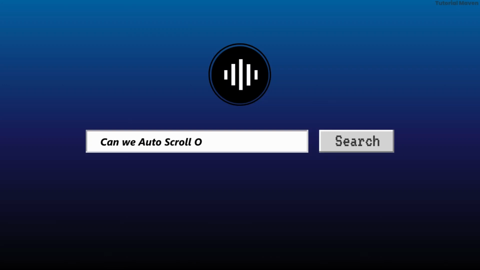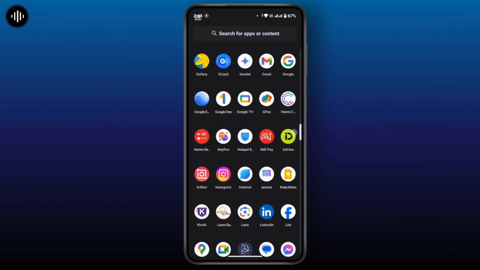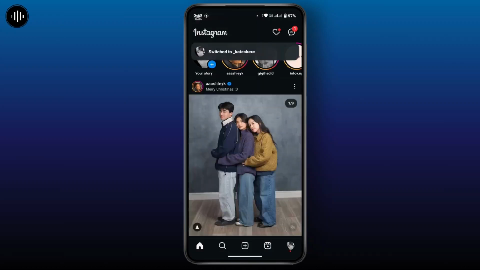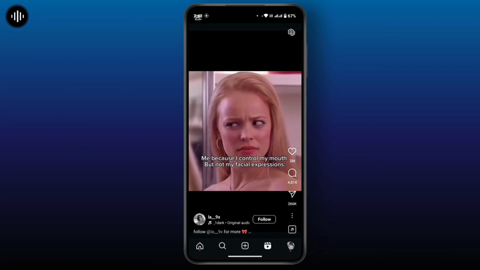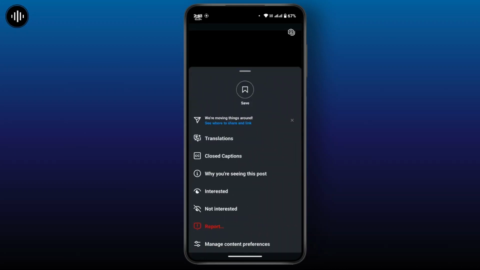Can we do auto scroll on Instagram Reels? First of all, launch the Instagram application and make sure that you're logged in with your Instagram account. Once you're here, go to your Reel section by tapping on the Reel icon at the bottom right from the home page. So once you're under your Reel page, if you tap on the three dots, there you will not